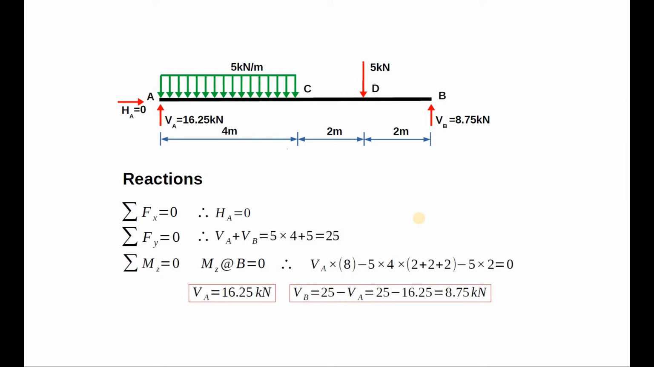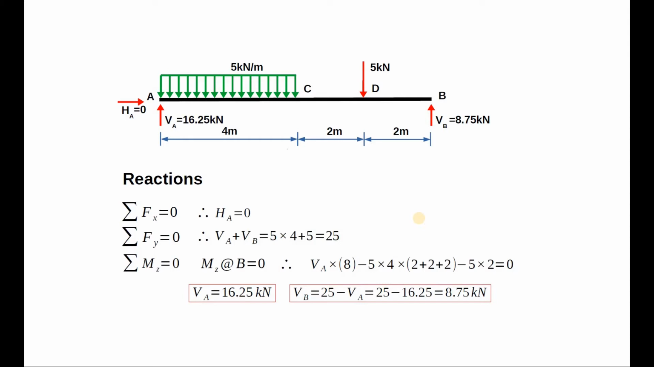Coming to the vertical equilibrium equation, that is sigma Fy equals 0. We can clearly see that we have two reactions, VA and VB, acting upwards, and two external loads, a 5 kilonewtons per meter UDL and a 5 kilonewtons concentrated load acting downwards. VA and VB have to balance the external loads coming on the beam,